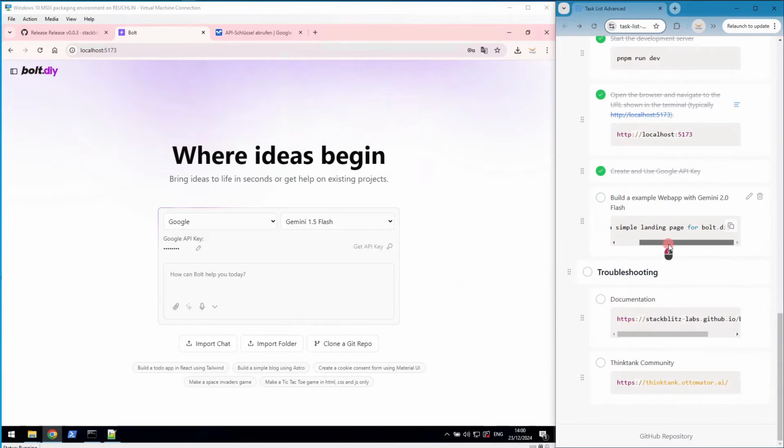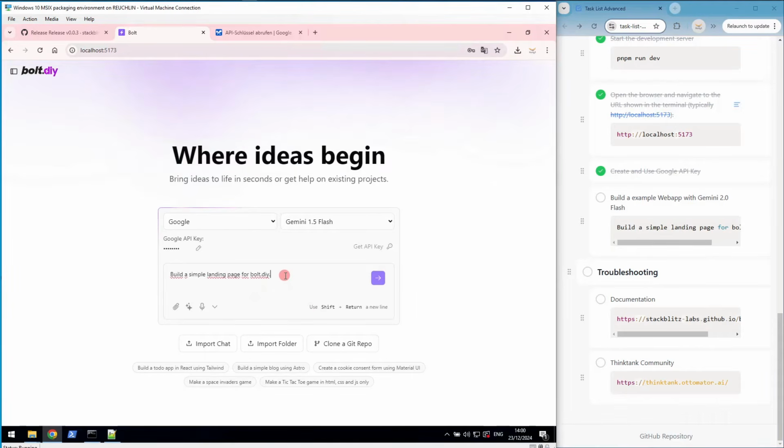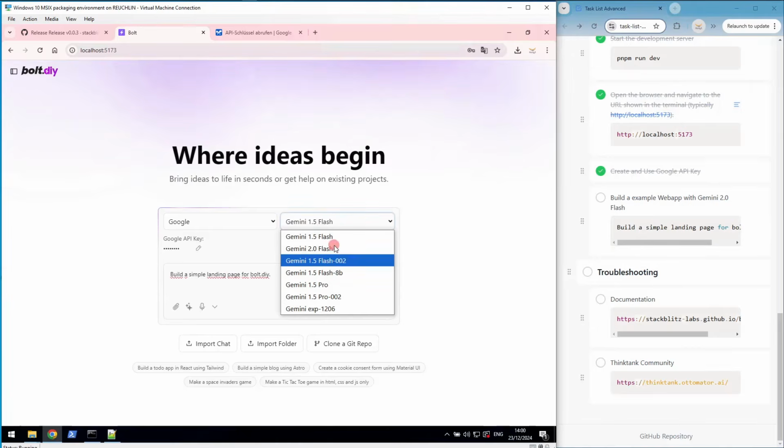And next we want to build a simple landing page for Bolt. Therefore I copy this prompt. We want to use Gemini 2.0 Flash because 1.5 Flash is a very small model with only 8 billion token, so it doesn't work well. So make sure you choose Gemini 2.0 or experimental. Maybe also the pro versions work well, but I tested most 2.0 and experimental. So we just choose it